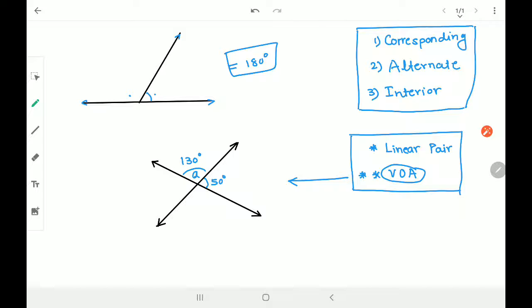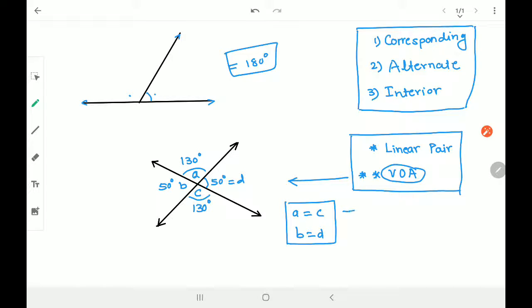Right. Now let's talk about angle B. So A and B here are again linear pair, you can check. So if this angle A is 130, B will be equal to 50 degrees. Okay, now let's talk about C. C and B are again in the same way linear pair, you can check. So this C angle is going to be equal to 130 degrees. So what I understand is that this A and C, and this B and this 50 degrees, let us call it D for example. So A is equal to C, isn't it? And B is equal to D.